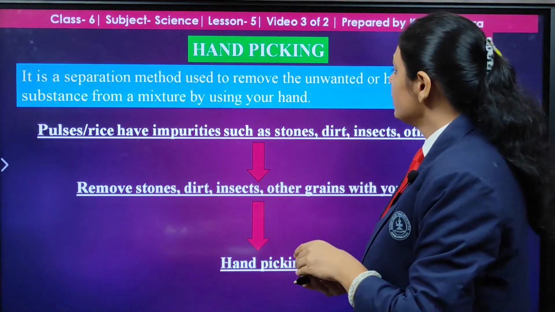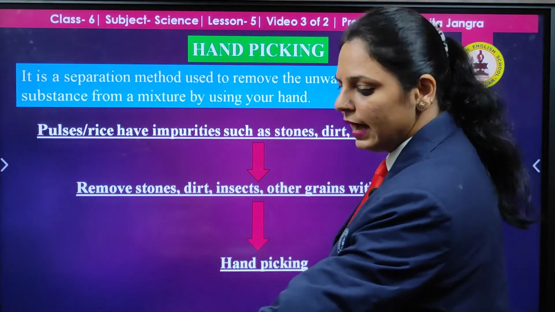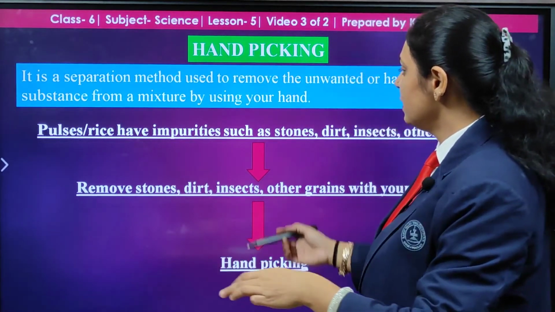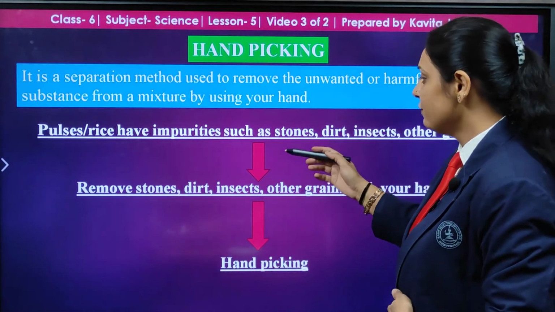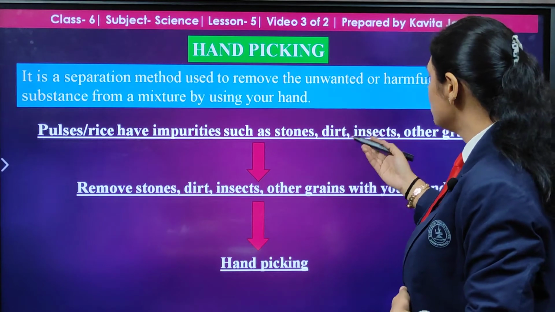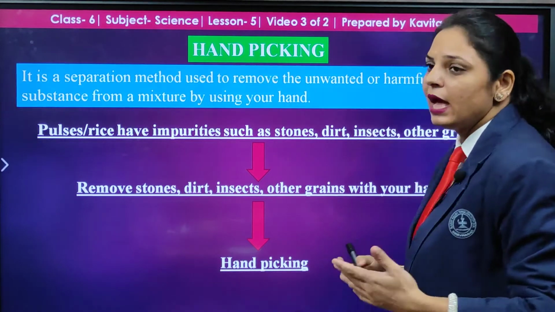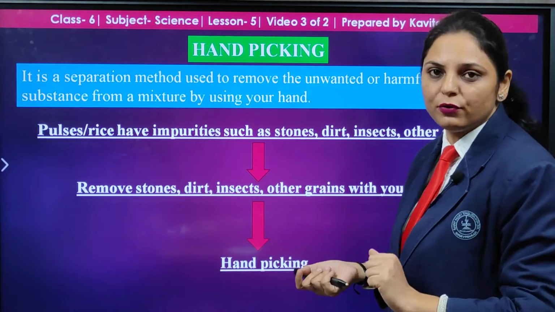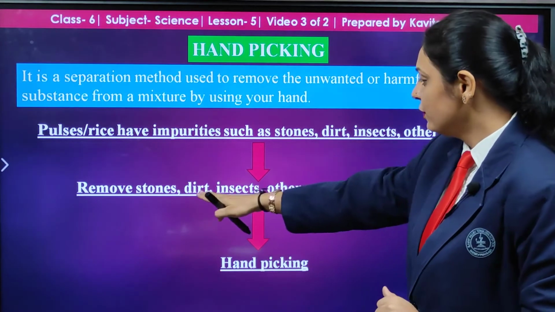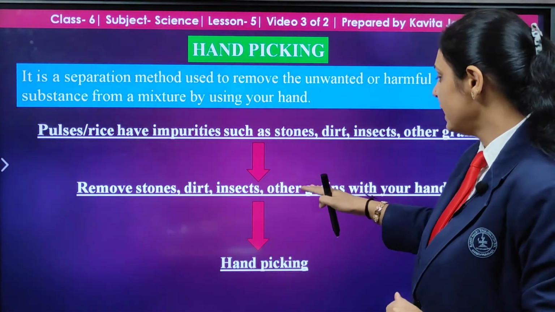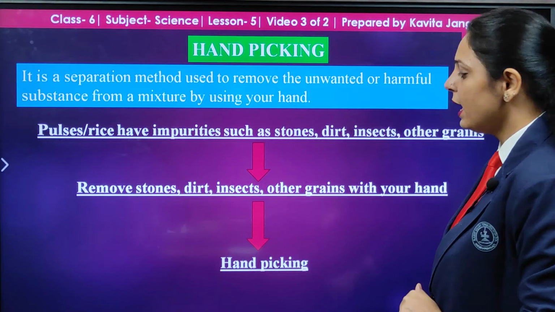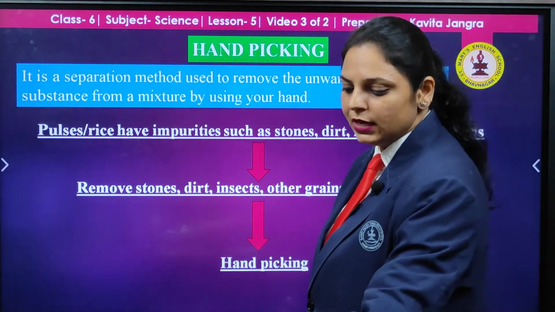I used my hands to separate them from the pulses and rice that have impurities such as stones, dirt, insects and maybe other grains that I have shown you right now. Then we remove the stones, the dirt, insects and other grains with our hand. That method is ultimately hand picking.